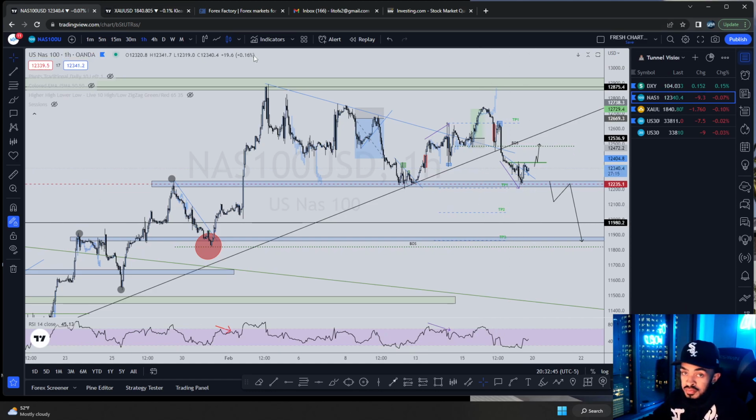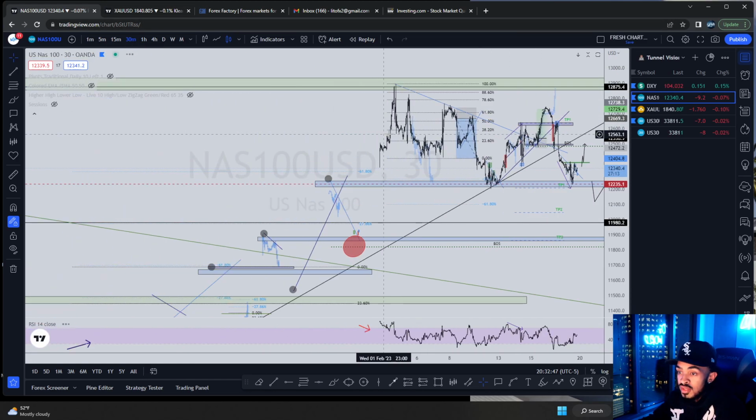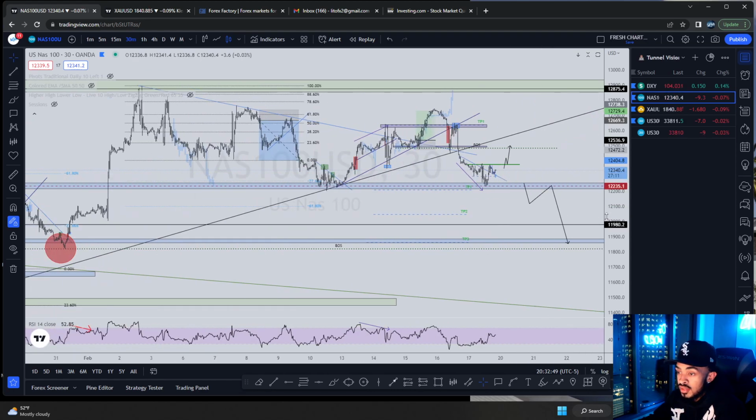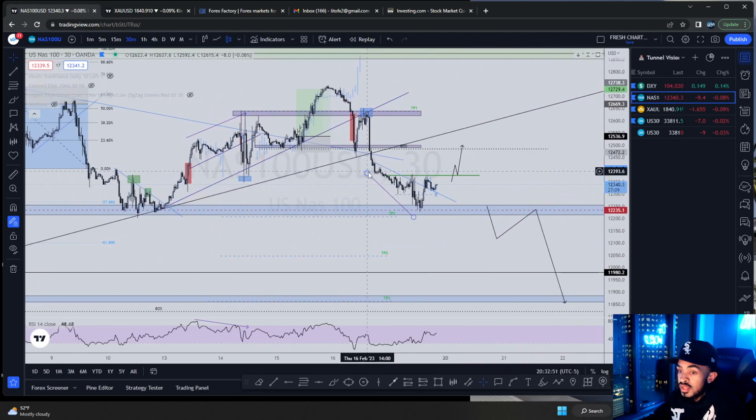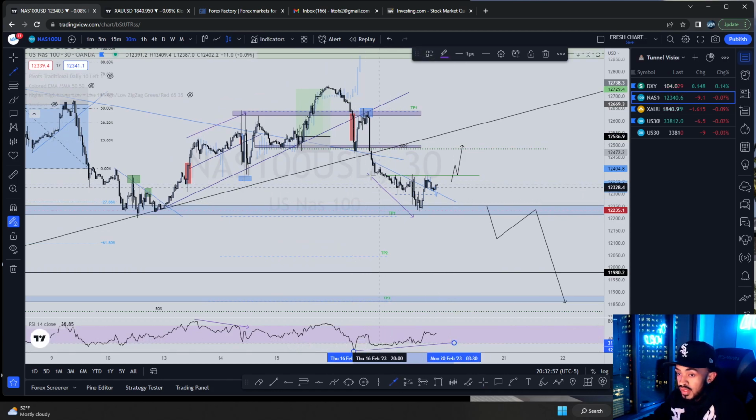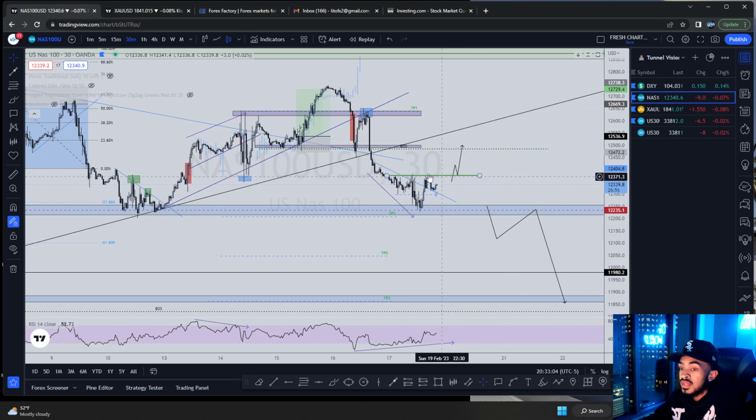So on our 30-minute time frame, you can see here we could gather a little bit more data. On a 30-minute time frame, you can see, all right, we're starting to form this divergence. So here we have the RSI going up, and then the market is pushing down. So that's pretty much a reversal sign inside the market. So within this 30-minute time frame, that lets us know there's a high probability chance that the market can reverse